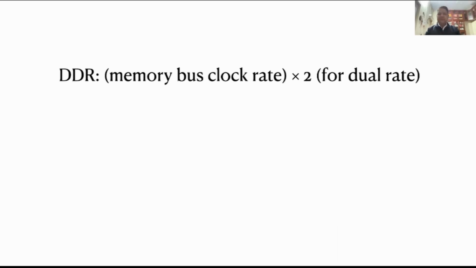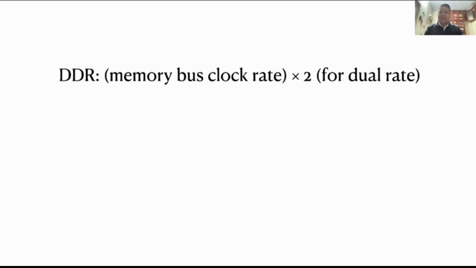So in the previous discussion, we talked about various aspects of memory, RAM. Now let's do a proper estimate for DDR4 RAM. DDR means double data rate. So there is a clock speed for the bus, and the double means we need to multiply by 2. So that's the double data rate.